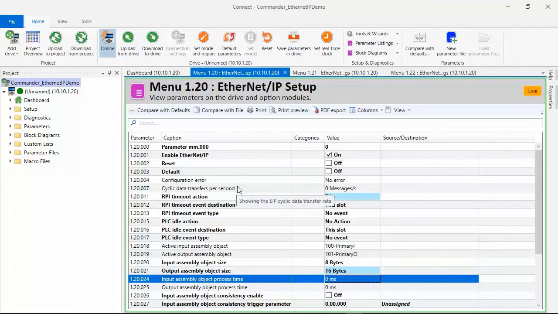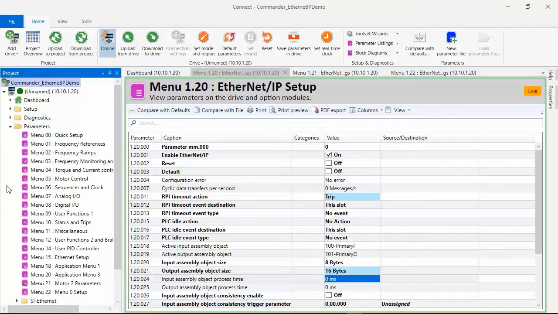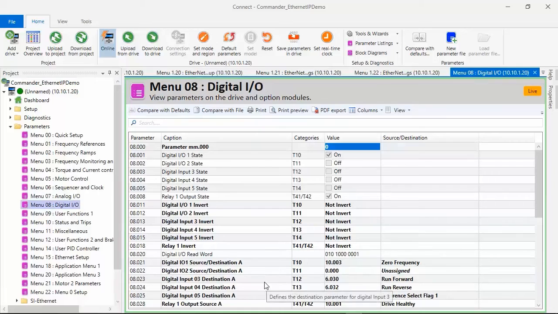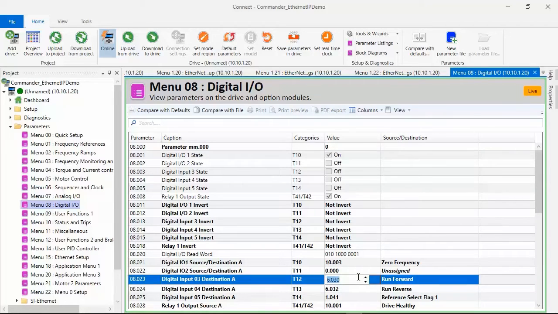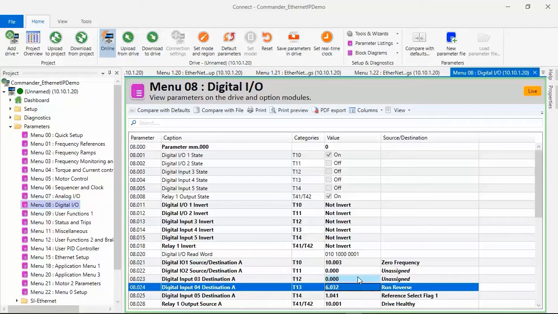But before we leave Connect, it's very important that you go into the Digital I/O menu now, right here. Menu 8, double click. Notice run forward and run reverse are here by default. Well, I'm going to be writing to these from the PLC, and you can't have it both ways. So I'm going to unmap those by just simply typing a 0 there